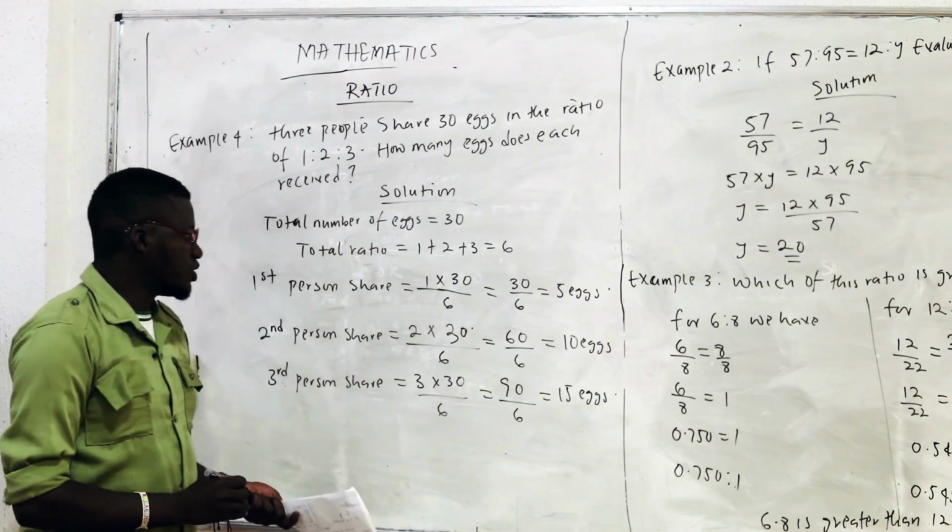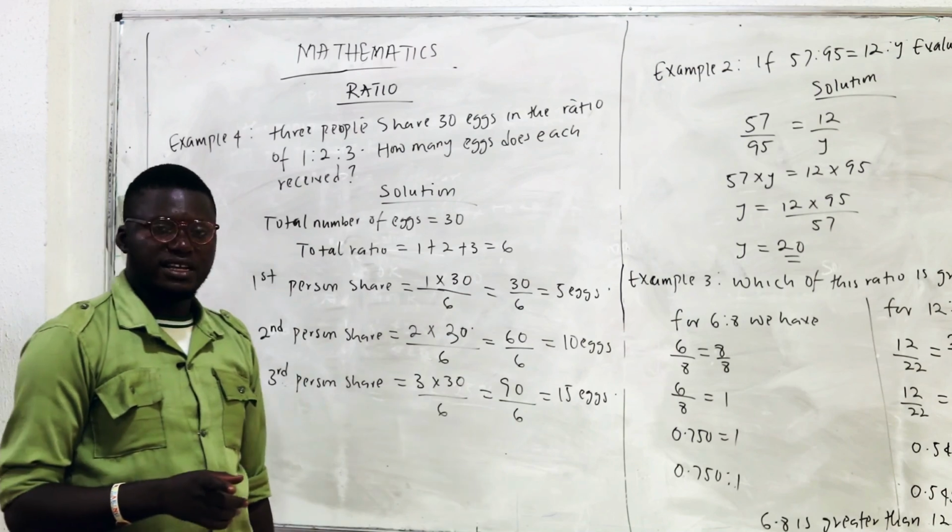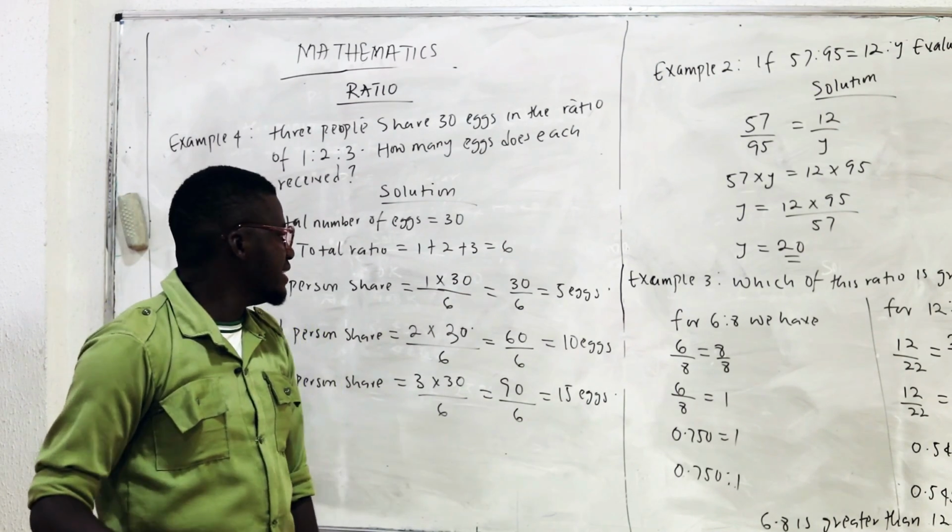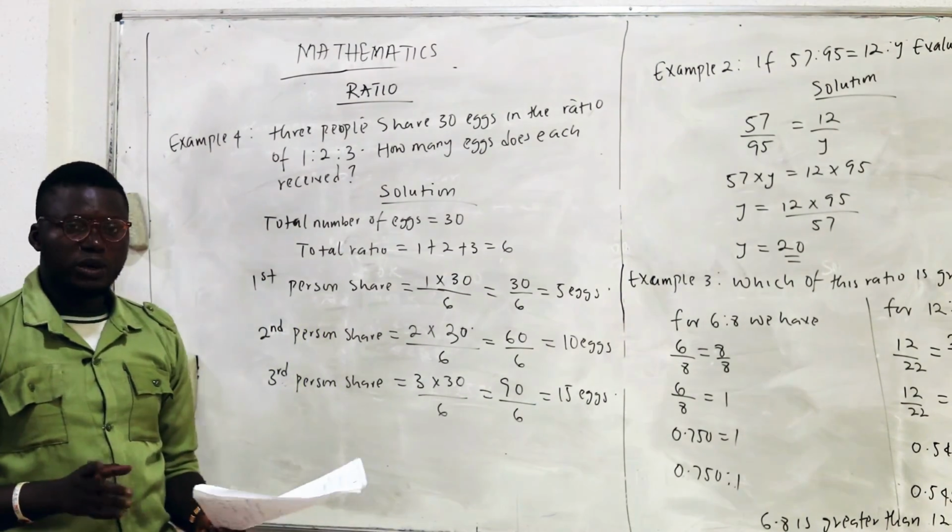So from this question, the first person share is 5 eggs, while the second person share is 10 eggs, and the third person share is